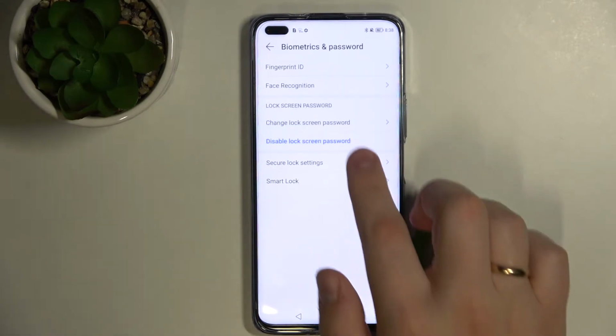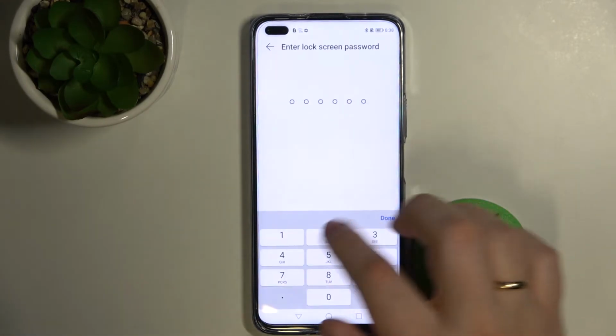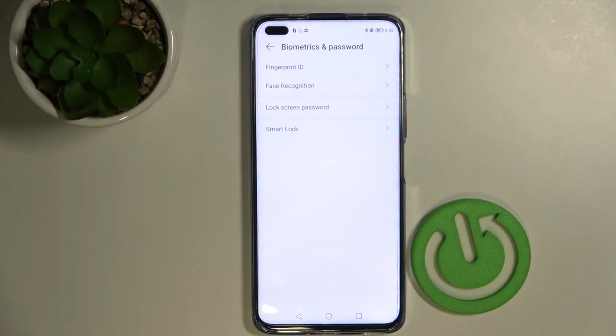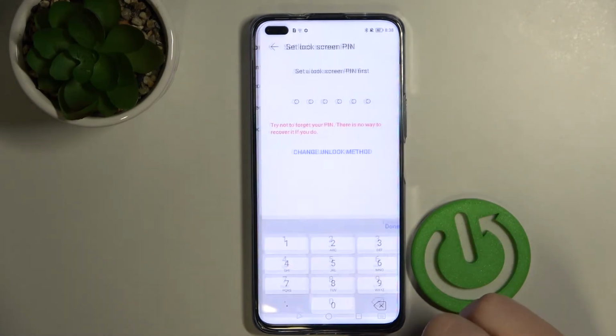Here you are. I'll just go ahead and disable the screen lock real quick, just to show you how you can set it up. And here I'll show how to set up a fingerprint, just for you to have some kind of reference. So just go to fingerprint ID,